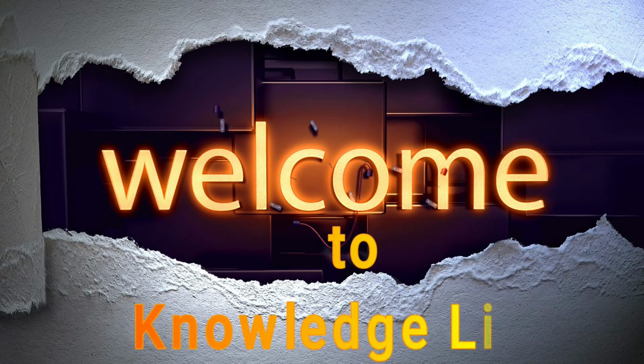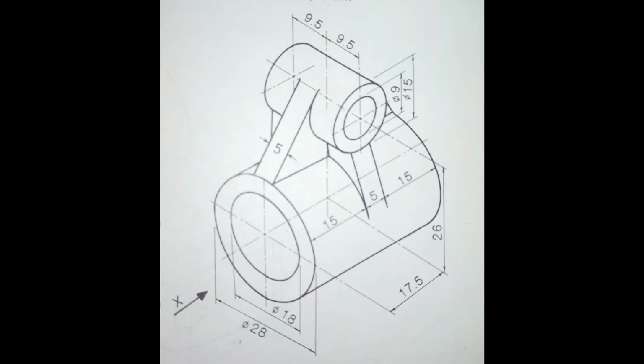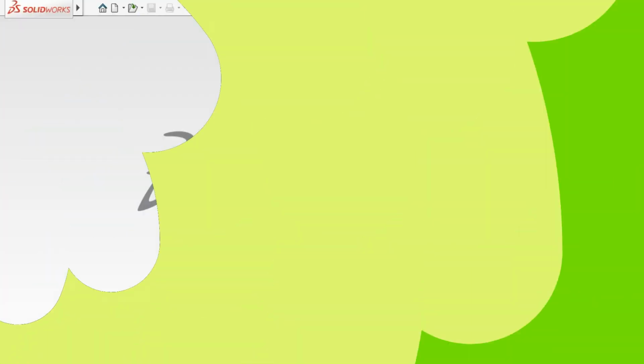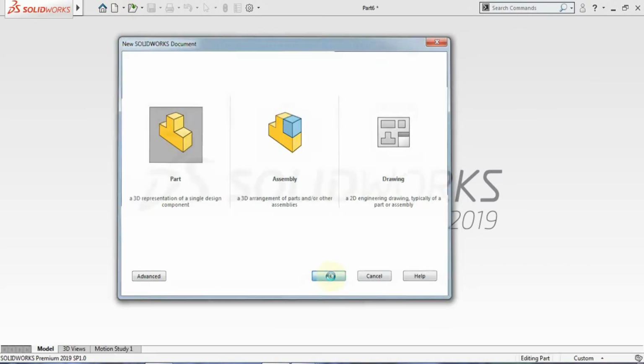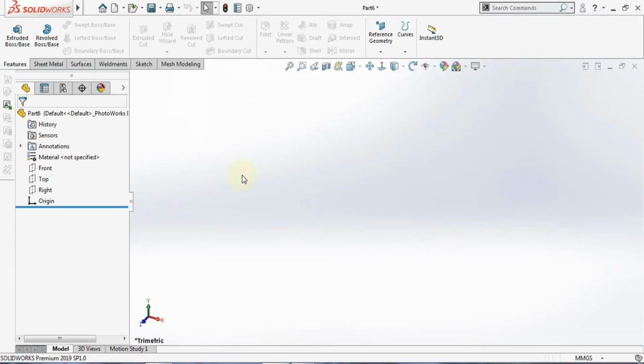Today in this video, we'll make a basic tutorial by using the SolidWorks tool. So this is a drawing of that basic model. So let's open a part first. Here I'll be choosing the unit millimeter gram second. Now here I will select the right plane